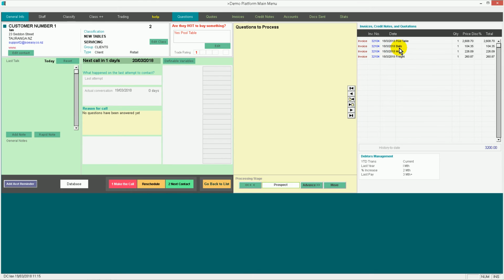On the right-hand side, I can see historically what these guys buy. And from this, I can do a variety of things. I can phone up Ian here, and I can, most importantly, identify the correct stage so that I know what questions I should be answering. You see why those questions become important, because Ian should be